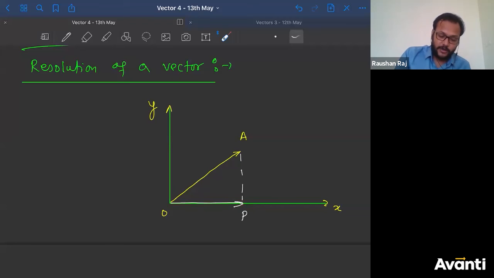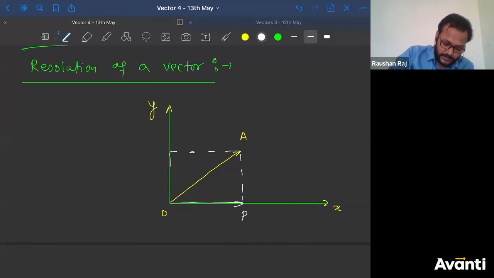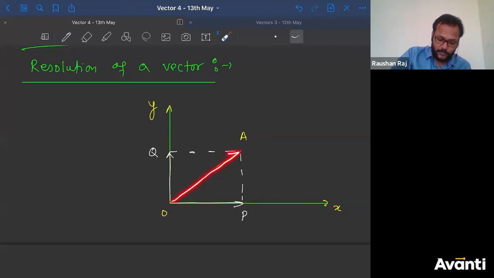If I say what is the displacement along y direction? So I'll drop a perpendicular from the head of this A to the y axis. And this length, if this is OQ, so I'll say OQ is the component of OA along y direction. Okay, so what is OQ? OQ is called as the component of OA along y direction. Okay, so this is the meaning of component. So आप गए क्या OA के along? But अब अभी कोई बोले कि sir have you moved along x?